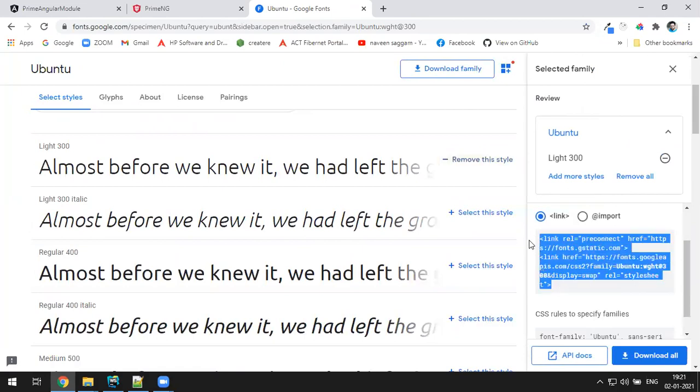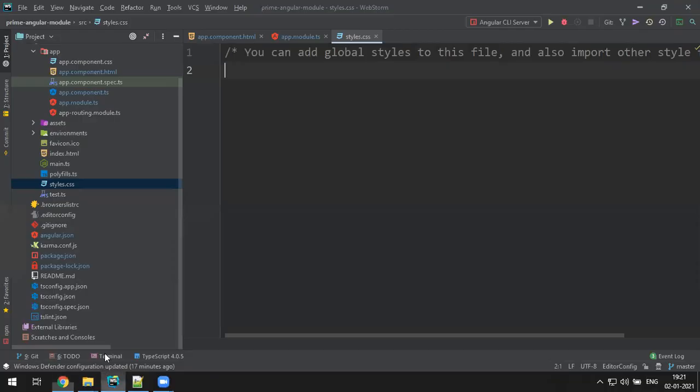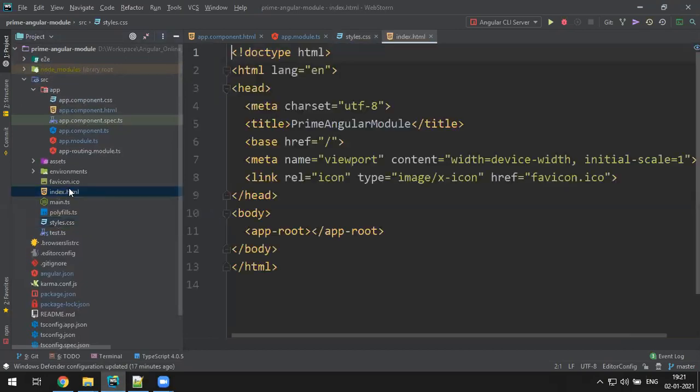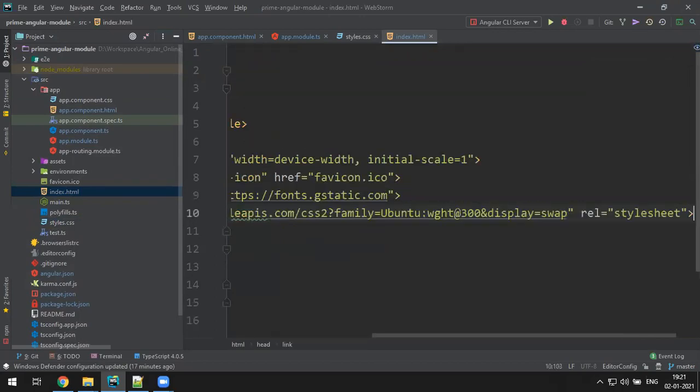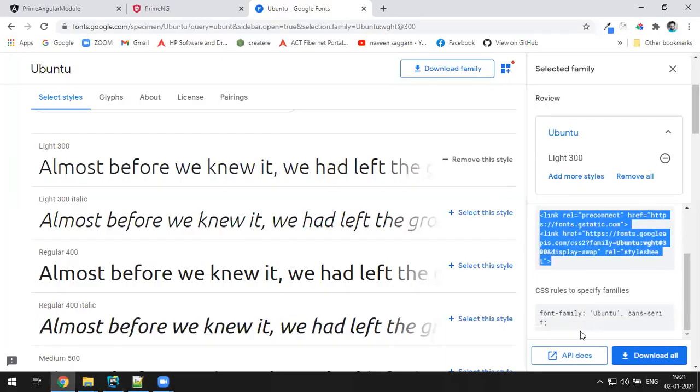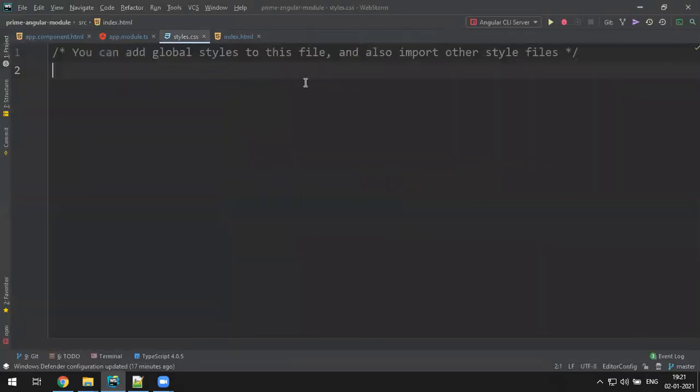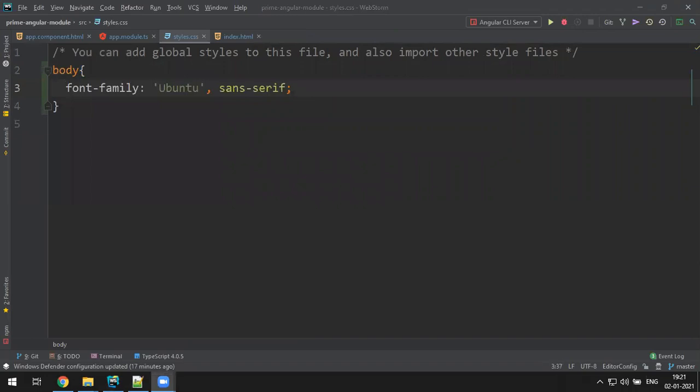You need to add this in the index.html. Go to the index.html. Where is that? Here. You can paste that here. Okay. And once it is done, you can use the font family in the style.css. Go to style.css, for the whole body I'll add font family, this one. Okay. If you add it, you get